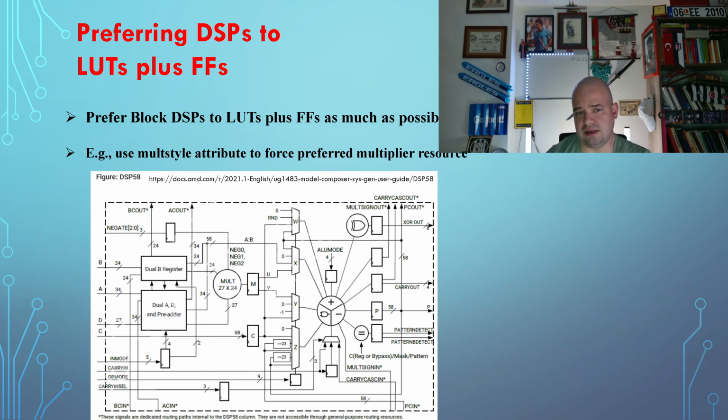Also, if your coding style, your coding template, your design approach fits your FPGA family, your SoC family DSP structure, using the multi-style attribute is also possible to force the preferred